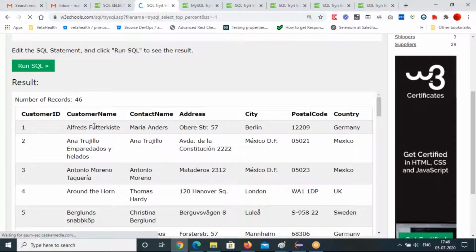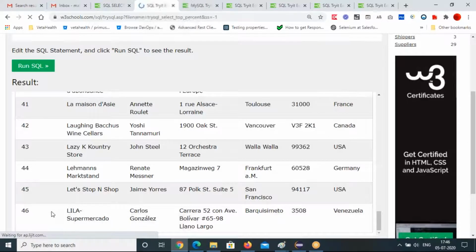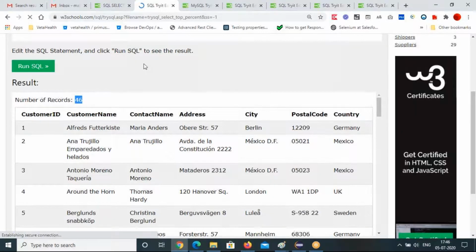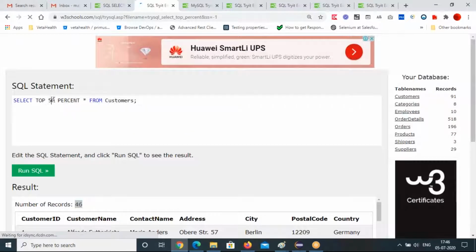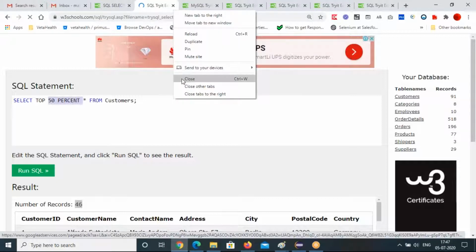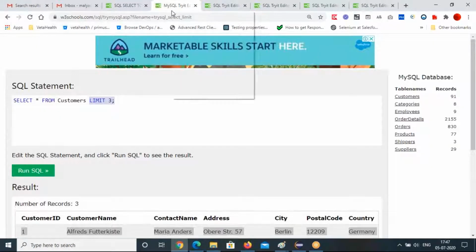There are 92 records in total. First 50% means 46. See that, only 46 records are fetched. That's the 50 percent you can use. This is one of the important things, so go through this one by one and execute the queries. You will get a better idea.